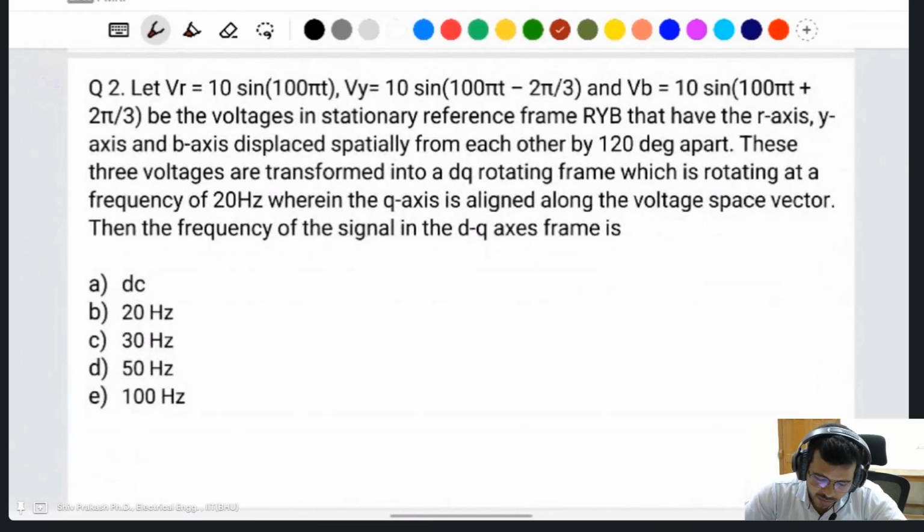VR is the same thing: 10 sin omega t, with the other phases shifted by 2 pi by 3. These voltages are in the stationary reference frame RYB, where the RYB axes are 120 degrees apart. This voltage is transformed into the DQ rotating frame, which is rotating at 20 hertz, where the Q axis is lying along the voltage space vector. Then the frequency of the signal in the DQ axis frame is